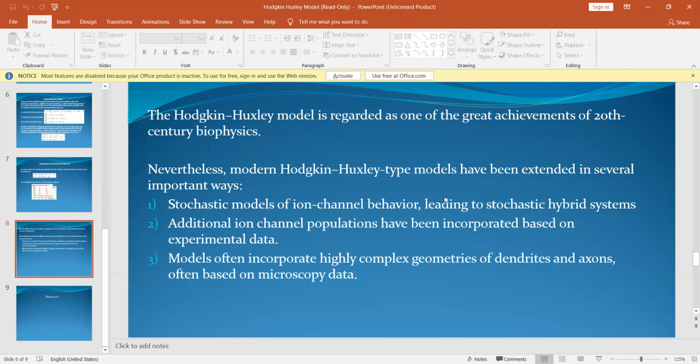often incorporate highly complex geometries of dendrites and axons, often based on max